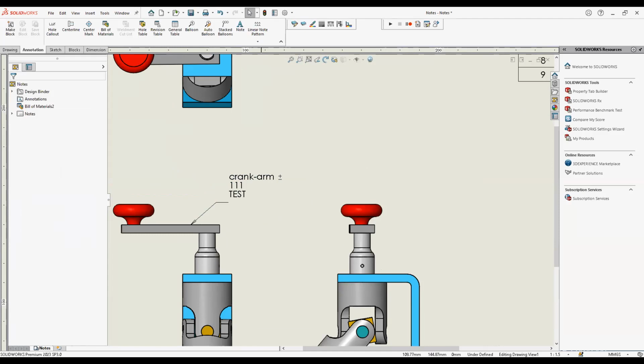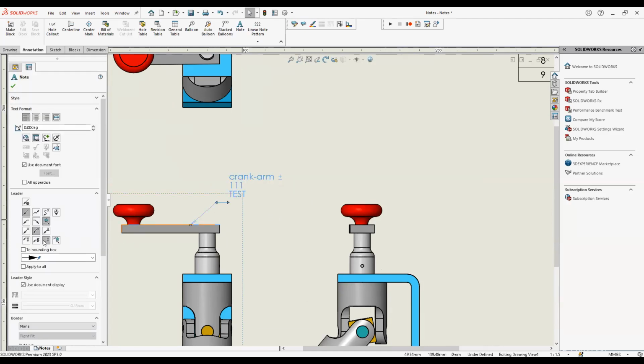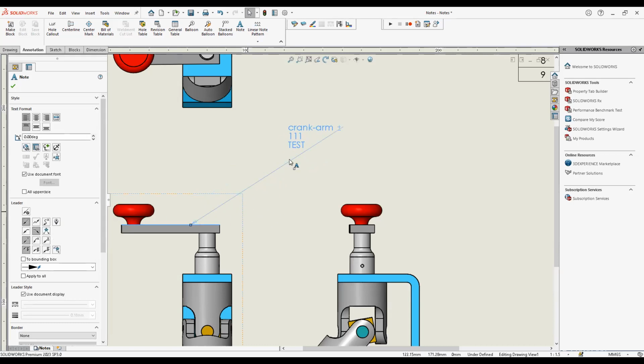test. Now, because we have the justification to the bottom, it is always going to the bottom. If we keep it in the middle, it will go to the middle. And if we keep it to the top, it will keep top. Then you have the option to underline without leader, and then left or right. So similarly, you can also do this depending on the need, right? So you can set